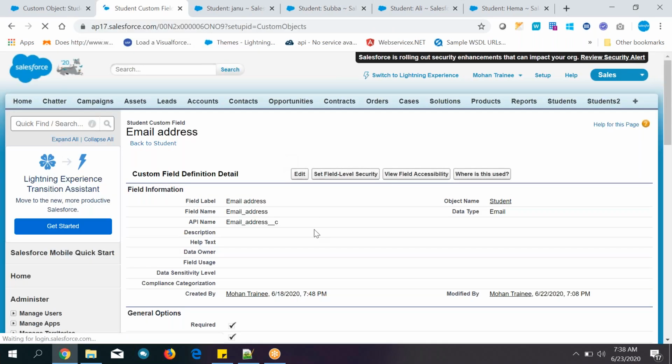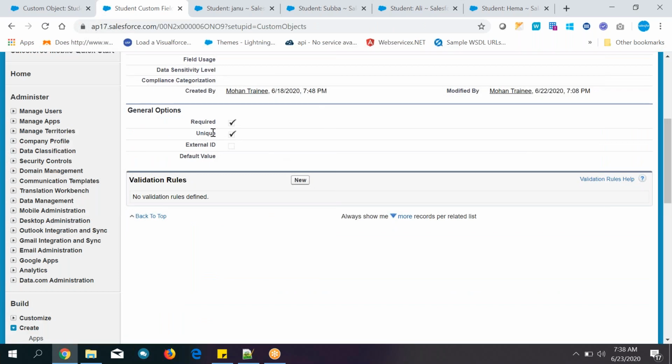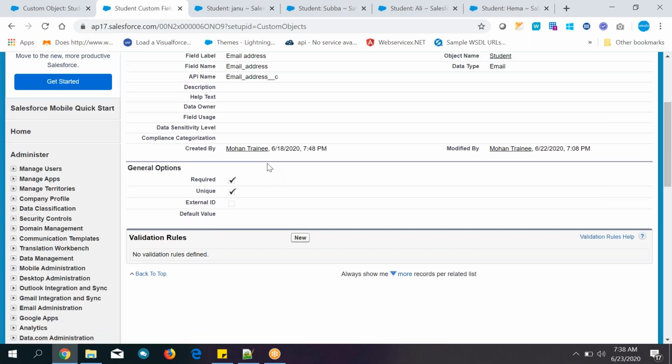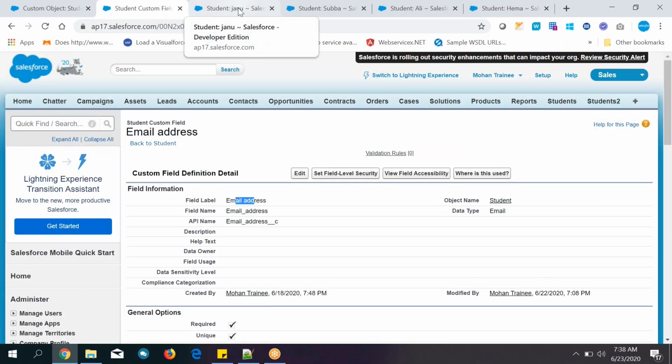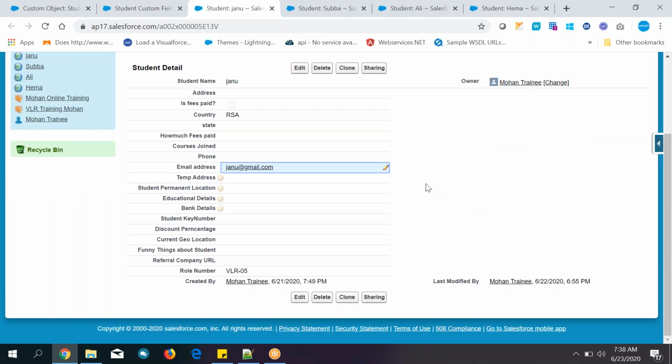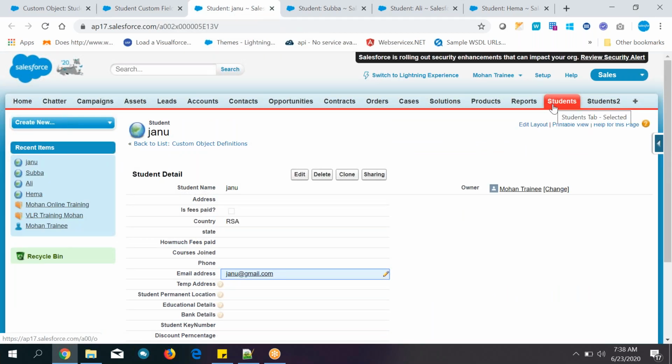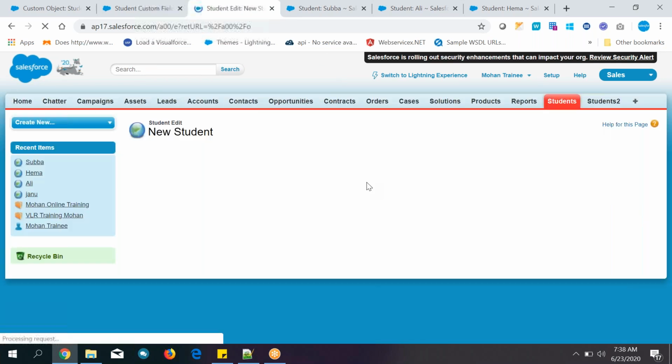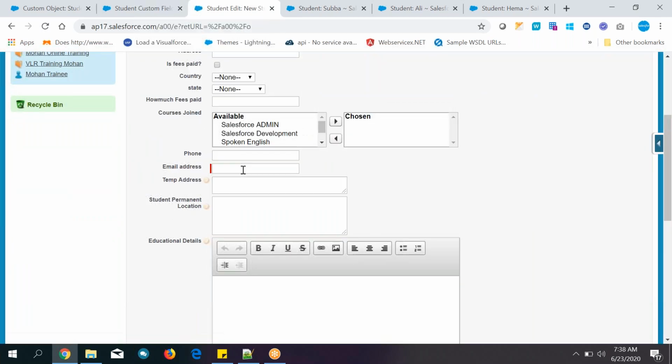Now you don't get any errors. So unique is selected on the email address field. If by mistake our receptionist enters one person's email address onto another person, she will get an error. Let's try to create a new record with the same email address.